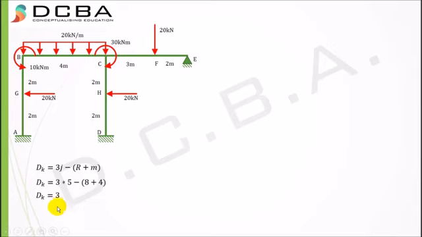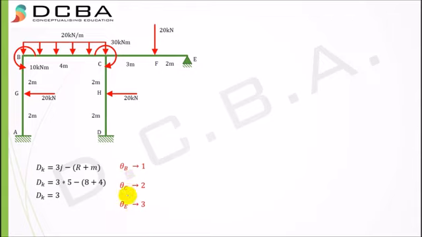So DK is 3. DK means the number of unknowns that we have to find in this particular problem, and the number of unknowns is 3, that is theta B, theta C, and theta E. A rotation at this point, theta B, a rotation at this point, and a rotation at this point. This is a non-sway type of sum. This is a non-sway portal frame, and that is why there is no delta. If it had been a sway portal frame, then there would be one more unknown here, which would be delta.